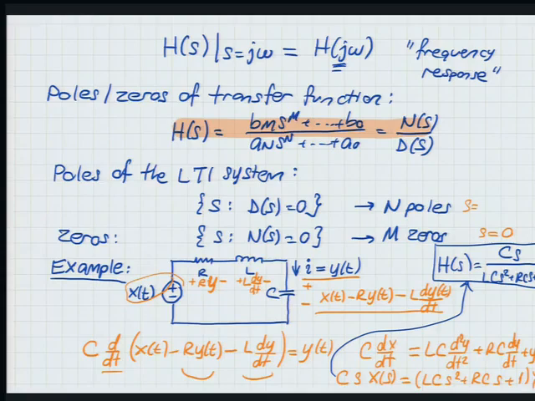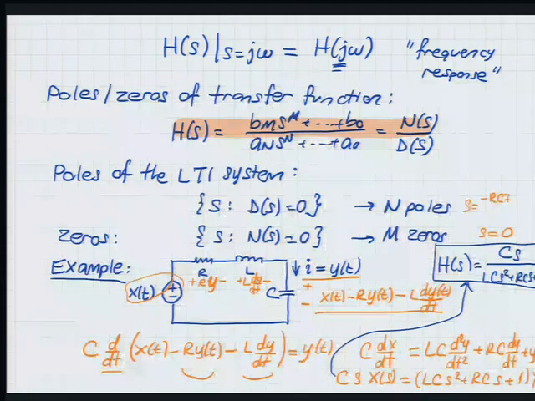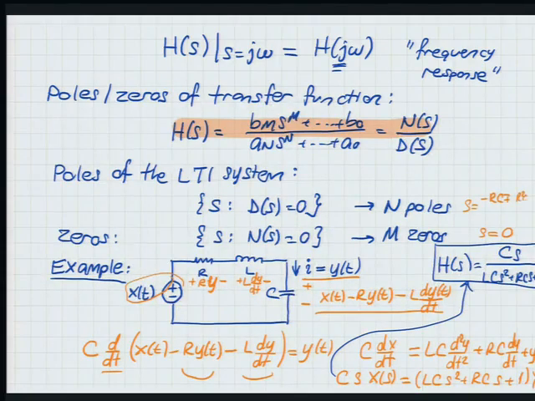I might even need a little help myself. Negative RC plus minus the square root of R squared C squared minus 4LC. Is that it? Yeah. And now you take the square root of the whole thing. Divide by 2 times LC because that's the coefficient of this